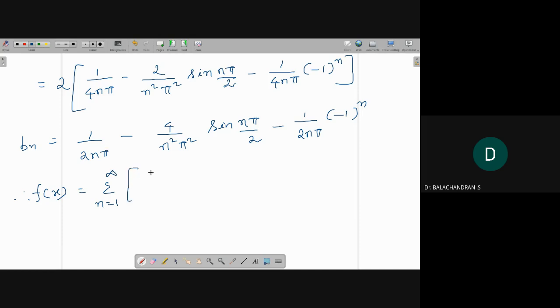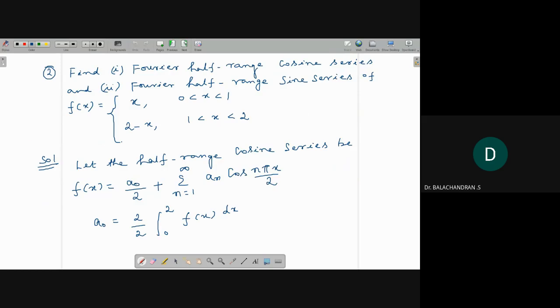So write this function: 1 by 2 n pi minus 4 by n square pi square into sine n pi by 2 minus 1 by 2 n pi into minus 1 whole power n into sine n pi x by L, where L is 1. So the problem is over. So next problem